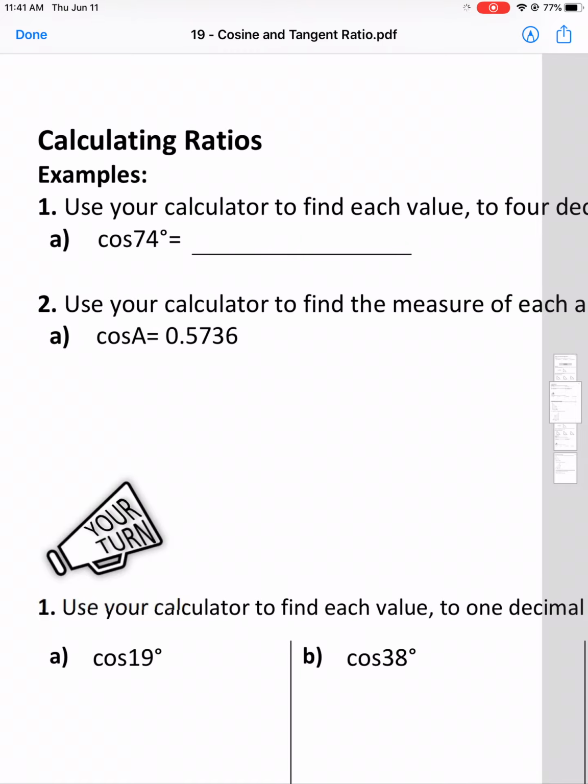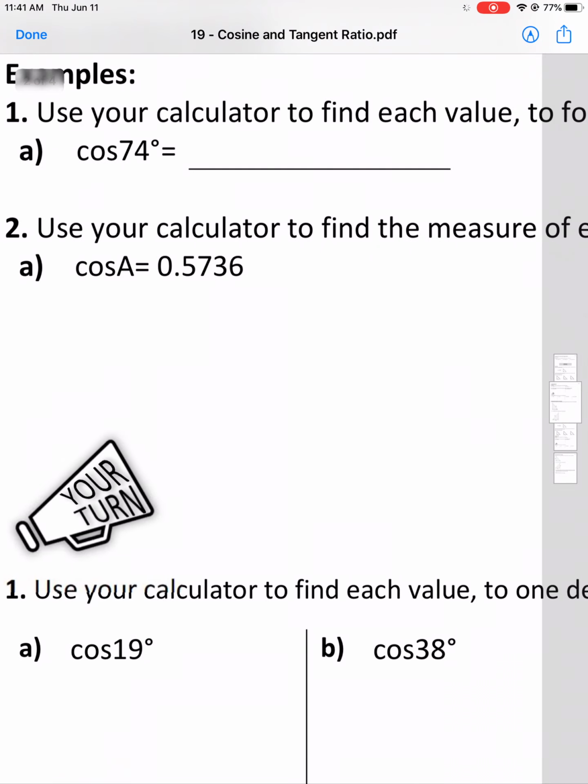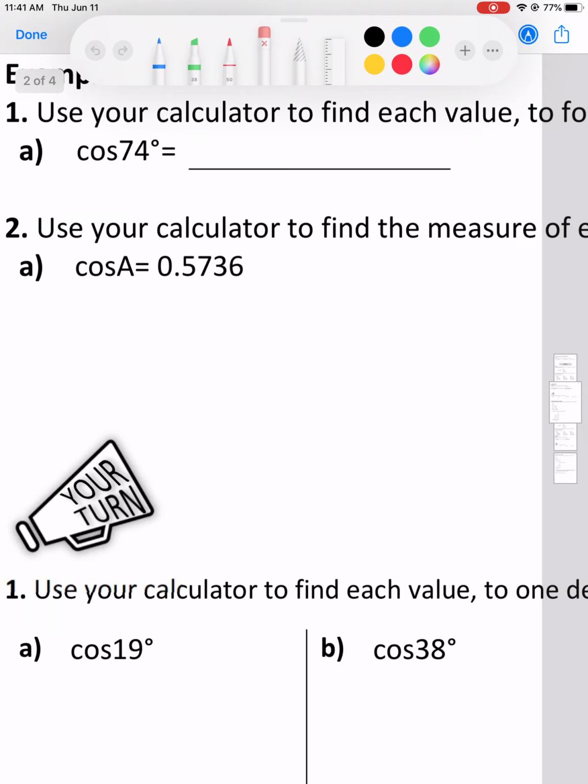Okay, so use your calculator to find the measure of each angle A to the nearest degree. So again, what that means is we need to get A by itself, right? Our focus right here is that guy. We need to get him by ourselves. That means we need to get rid of this cos. Well, how do we get rid of the cos? We need to do the inverse cos. So we're going to do cos to the minus 1, and that means those two cross out. So cos to the minus 1,